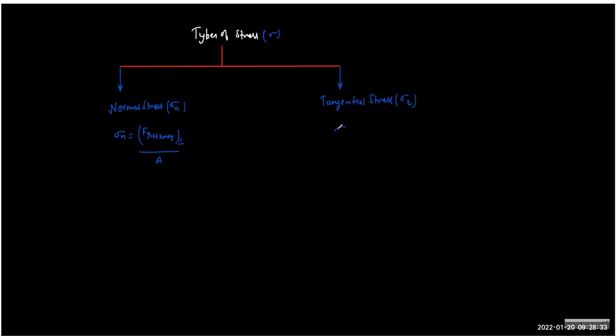And how do we define it? Obviously, the definition is, if restoring force is tangential to the surface, or you can say parallel to the surface. So stress is always of two types. One is parallel to the surface, another is normal to the surface. So depending on what surface you consider, you can have tangential as well as normal stress. Okay, so this is quite possible,